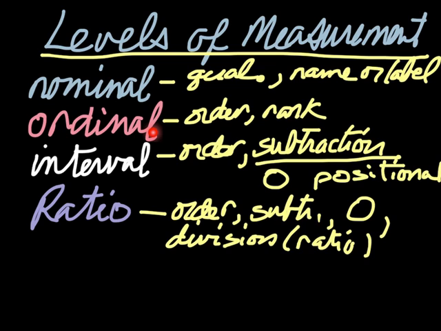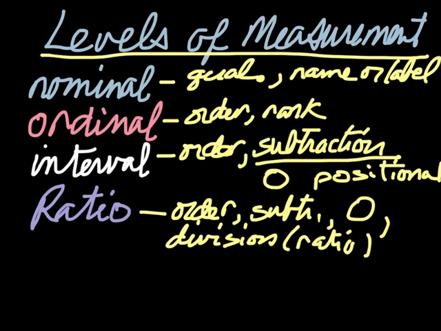The ordinal level has order and rank to it. So for instance, a good example of this would be like track meet placings, first, second, third, fourth, fifth, sixth place at a state meet. Those things have order, okay, and in some sense a rank. First place is a higher rank than third place, okay? You could even take like